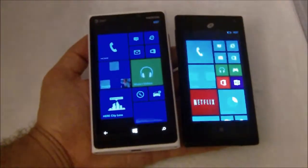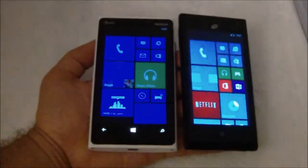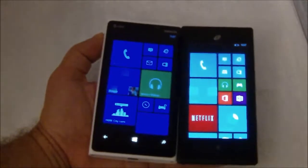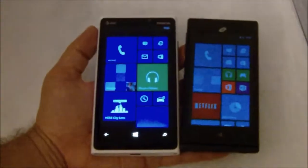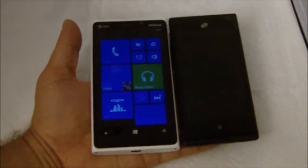I don't like huge phones. The 920 is fairly big. The Huawei is more of what I call just about right size. Not too big, not too small. And we'll go ahead and measure these so you can see the dimensions. But before we do that, here's the playing card comparison, so you can see